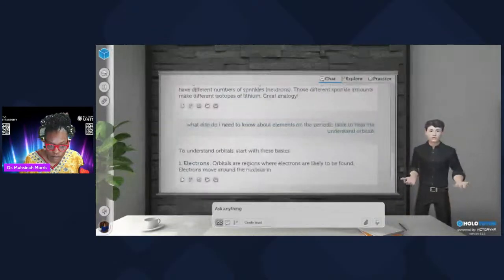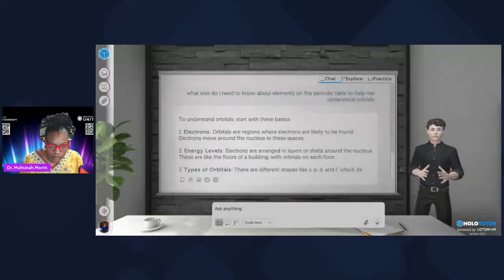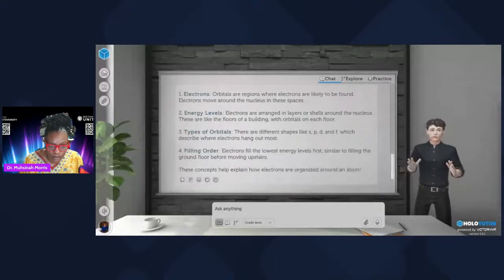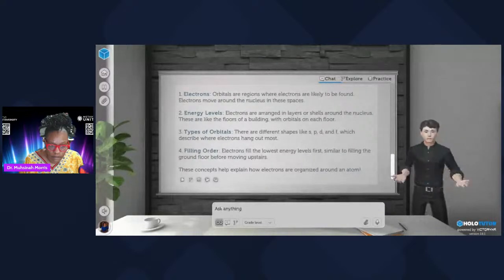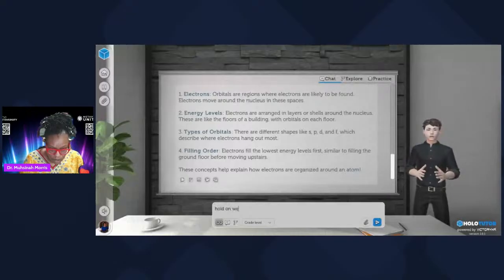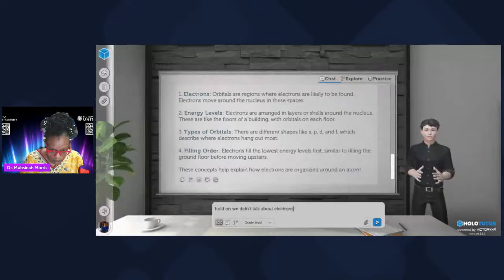To understand orbitals, start with these basics. 1. Electrons. Orbitals are regions where electrons are likely to be found. Electrons move around the nucleus in these spaces. 2. Energy levels. Electrons are arranged in layers or shells around the nucleus. These are like floors of a building, with orbitals on each floor. Types of orbitals. There are different